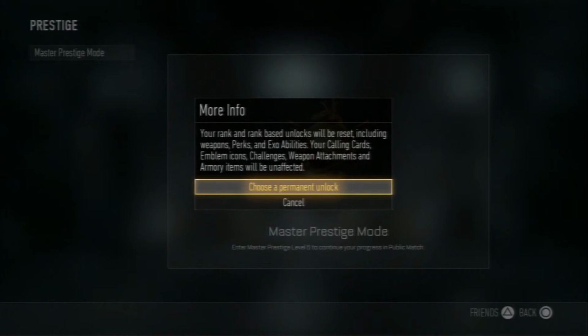So this part: your rank and rank-based unlocks will be reset, including weapons, perks, and exo abilities. Your calling cards, emblem icons, challenges, weapon attachments, and armory items will be unaffected. So,